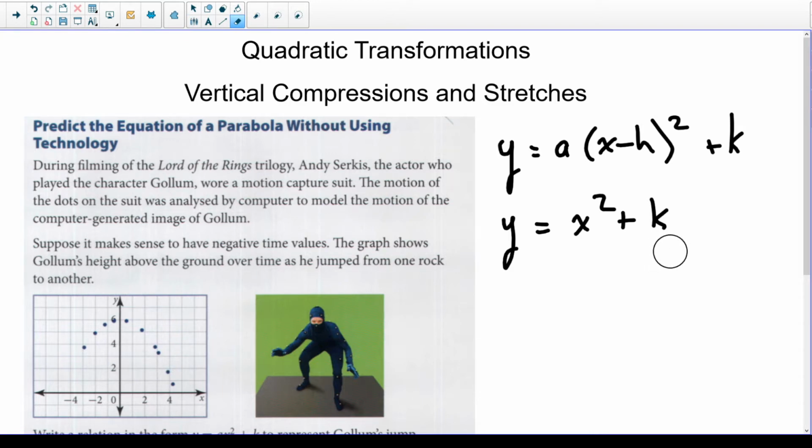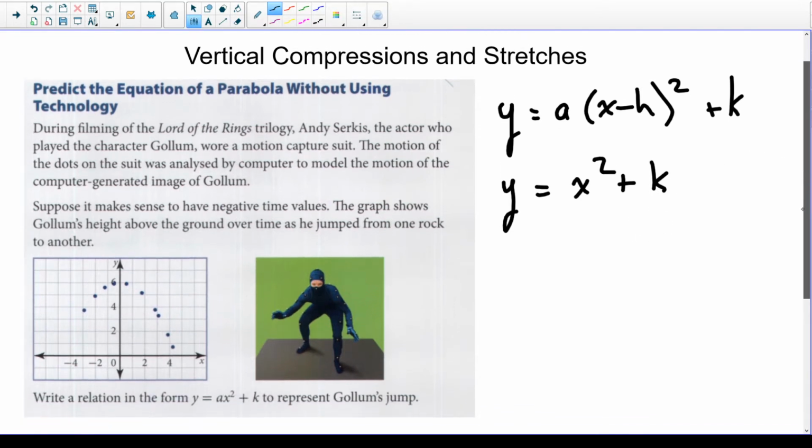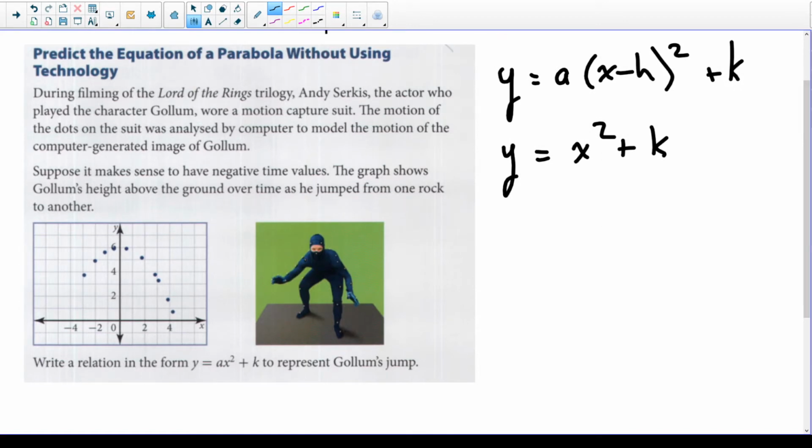Now, why would we want to do that? Well, there's an example in your textbook. I'll just read through it. It says, predict the equation of a parabola without using technology. So during the filming of the Lord of the Rings trilogy, Andy Serkis, the actor who played the character Gollum, wore a motion capture suit. The motion of the dots on the suit was analyzed by computer to model the motion of the computer-generated image of Gollum. Suppose it makes sense to have negative time values. The graph shows Gollum's height above the ground over time as he jumped from one rock to another. Write an equation, or write a relation, in the form of y is equal to ax squared plus k to